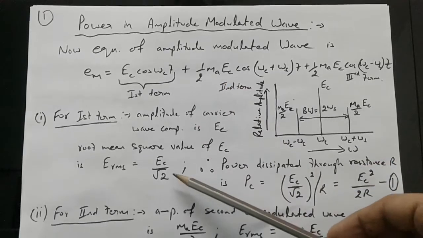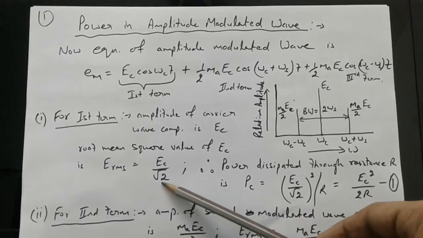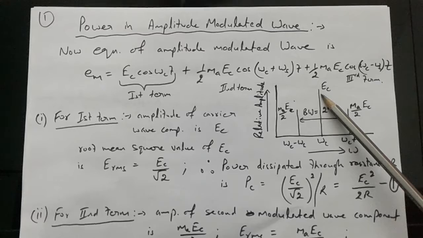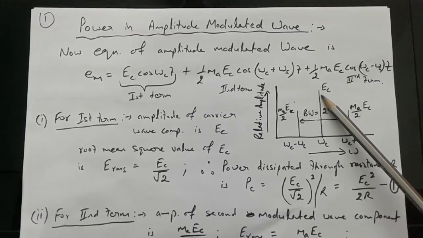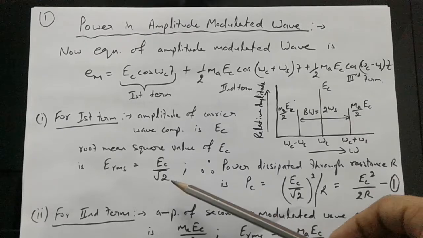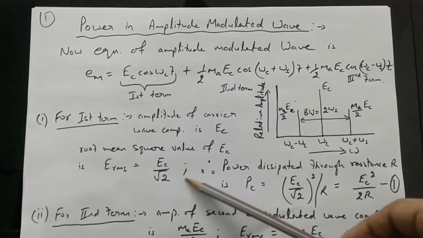So if we take the root mean square value of the amplitude EC for the carrier wave component, or the first term of this AM wave, we get the root mean square value as EC by under root 2,